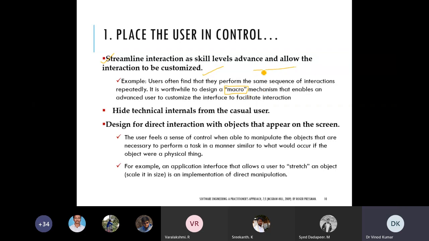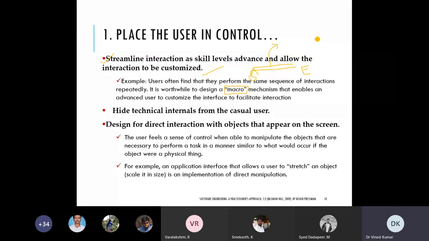So we can use the macro option. We can save the sequence of steps from starting to end for a particular task. Suppose you take the example of creating a graph. Creating a pie chart or any type of graph may be a frequently repeated task for you.